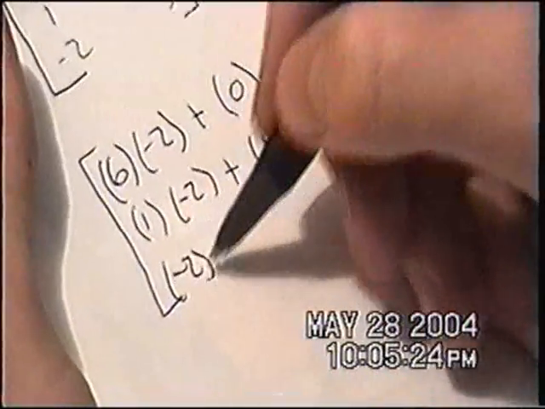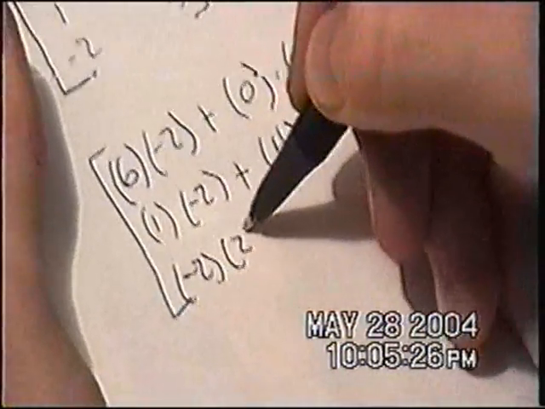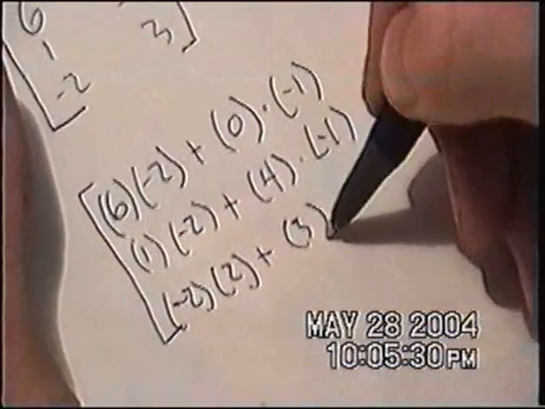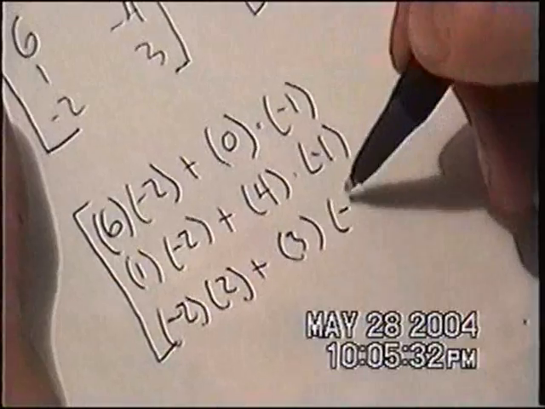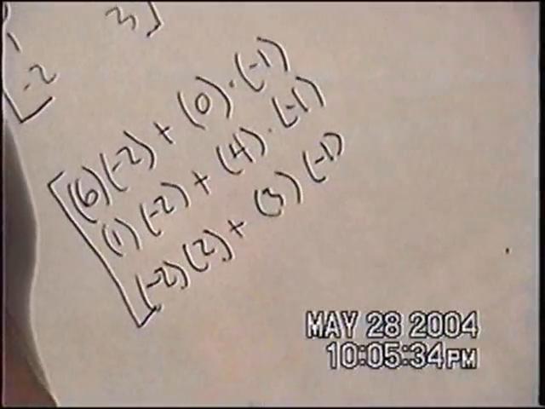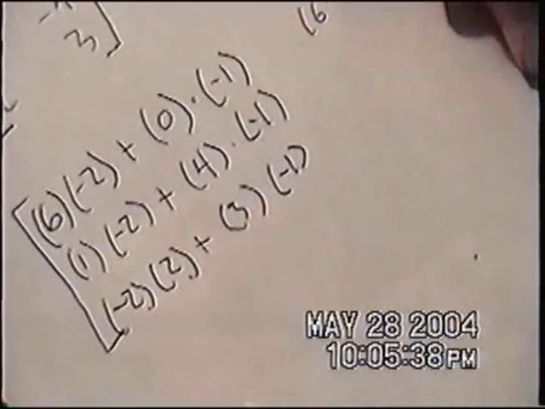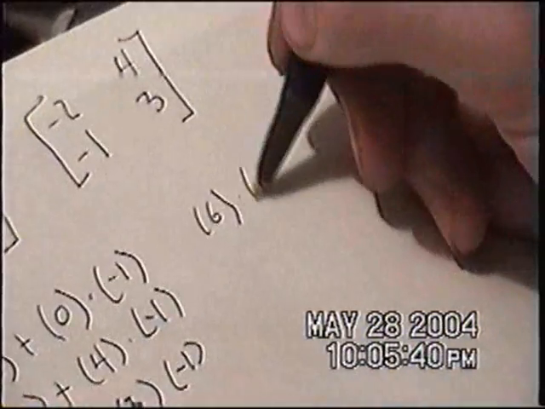Negative 2 times 2 plus 3 times negative 1. Now we'll work out the other side of the matrices, which is 6 times 4